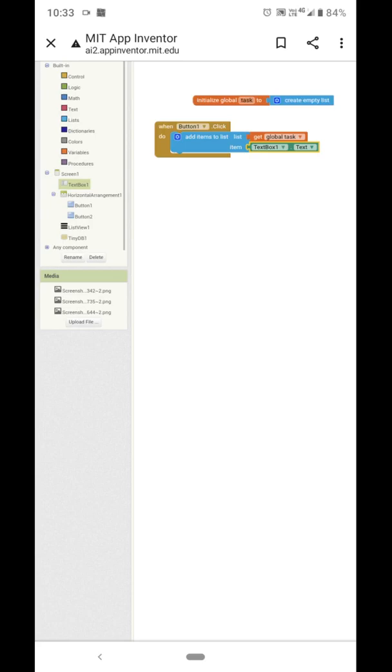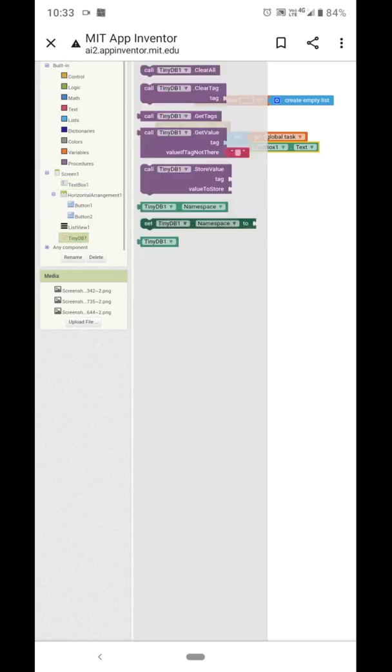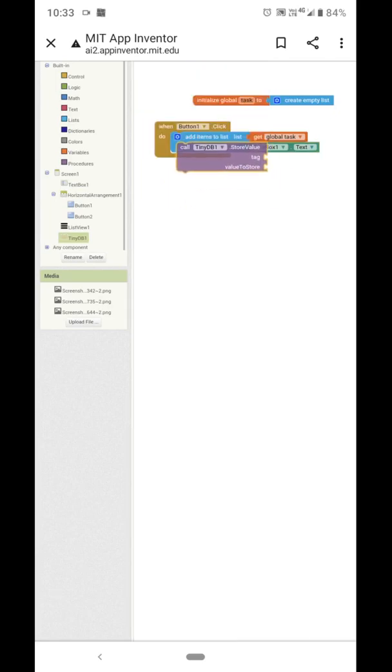Okay, then click on TinyDB database and select call TinyDB database and store the value.